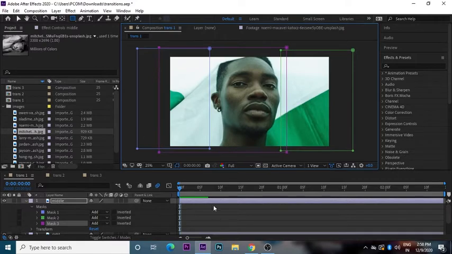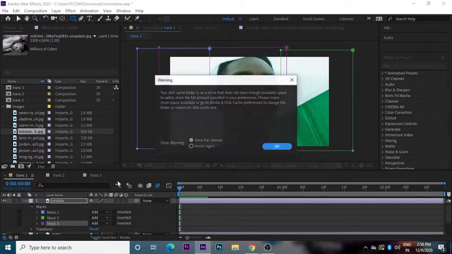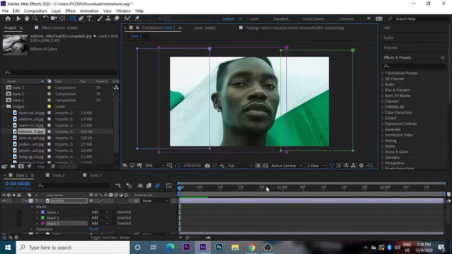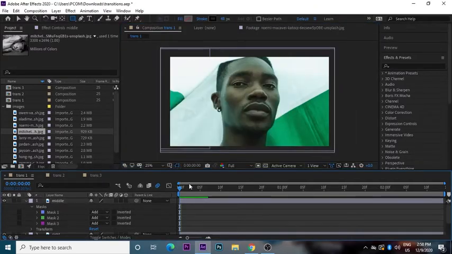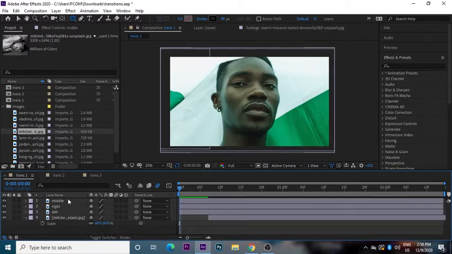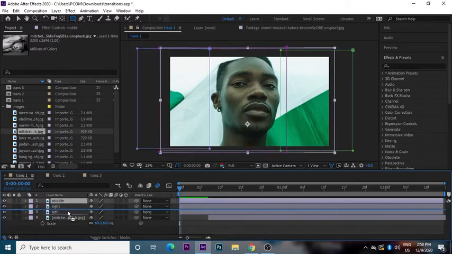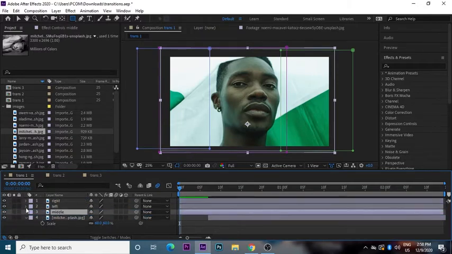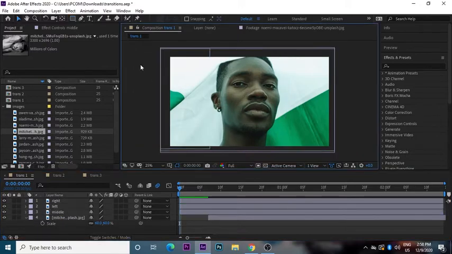So now you can see that our whole scene is looking like a normal image, and the mask is not seen. So just do one thing: put the middle layer beneath the right and the left layers, so that we have a continuation of this image, looking as simple as this whole scene. Now let's animate it.